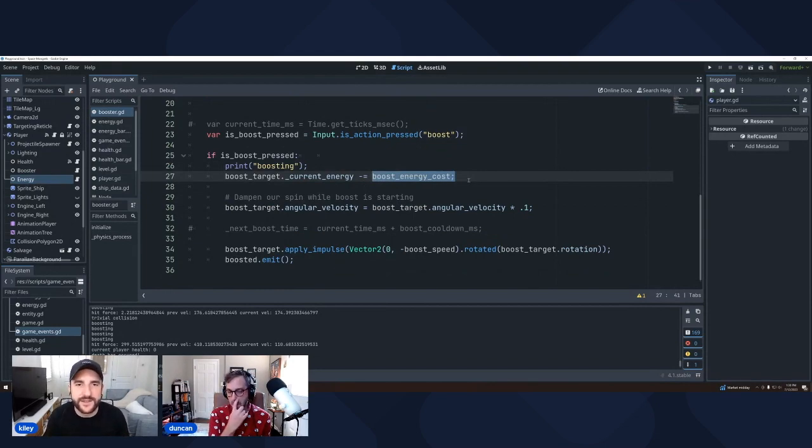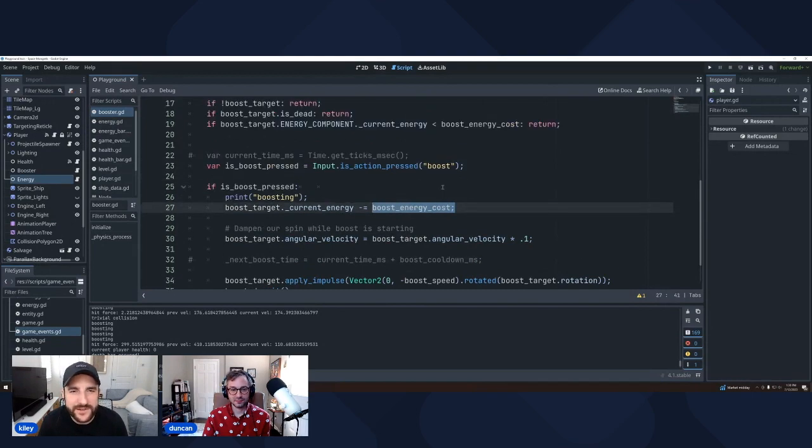Yes, it didn't go down. You can just change that current energy variable directly. You did mention that you didn't have a setter and a getter. Is there something you would have put in the setter that didn't happen?